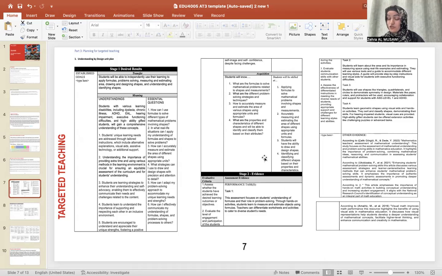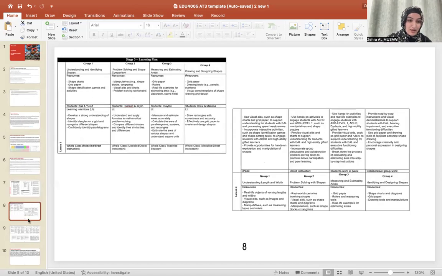For group 4, draw and design shapes. The learning intention is to draw rectangles accurately and use grid paper effectively for shape creation and design. Again, it's a whole class approach. Support students with EAL, hearing impairment, and executive functioning difficulties with step-by-step instructions and visual demonstration. It is my